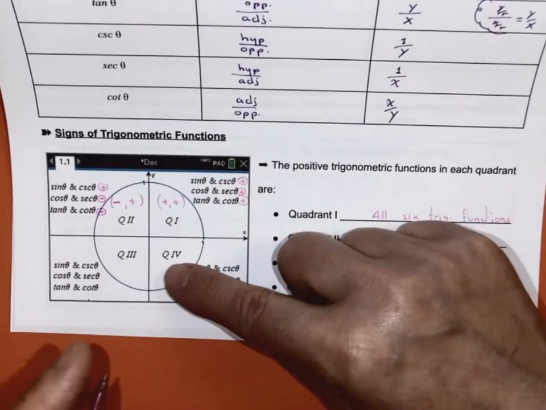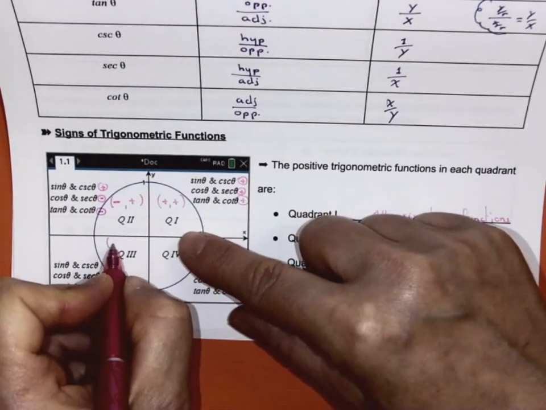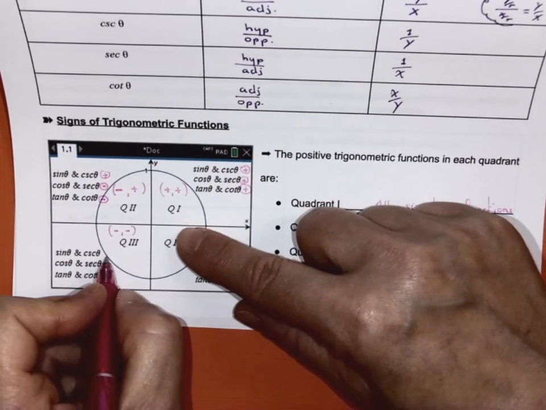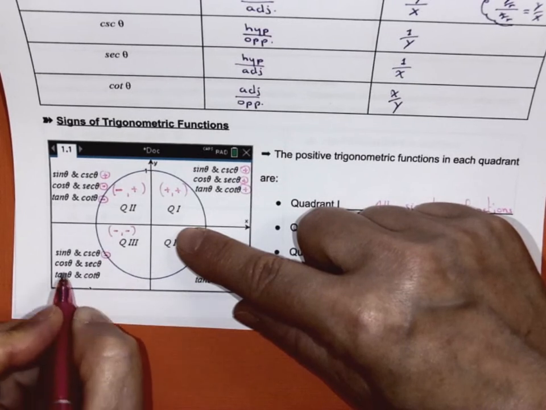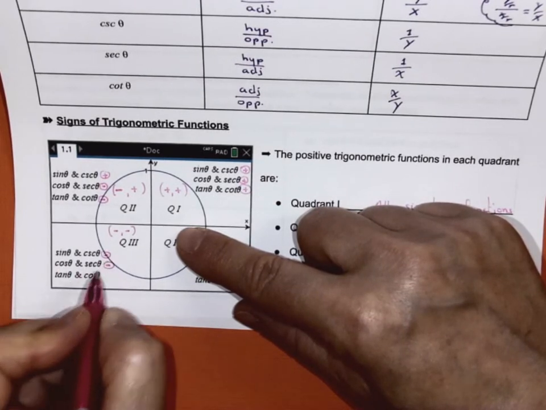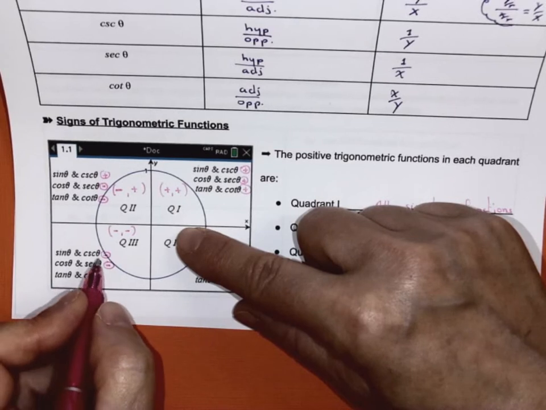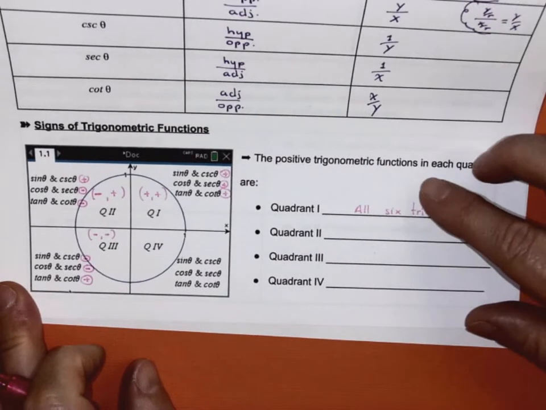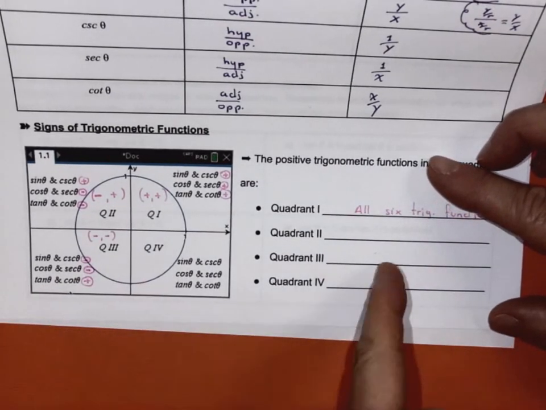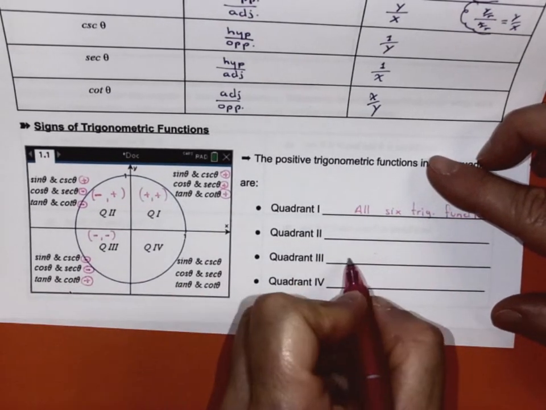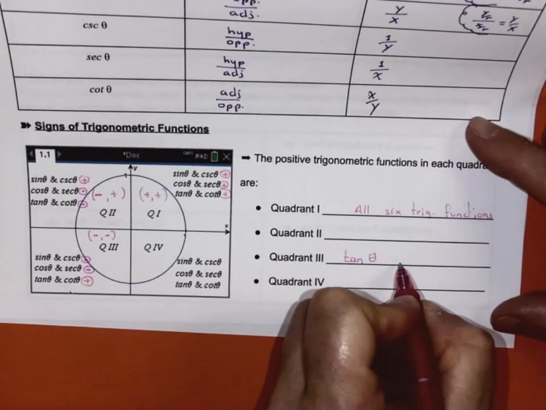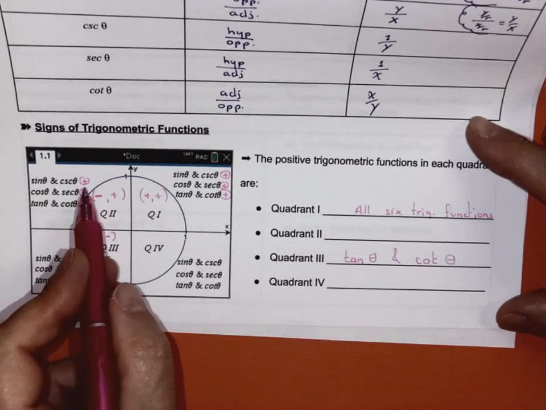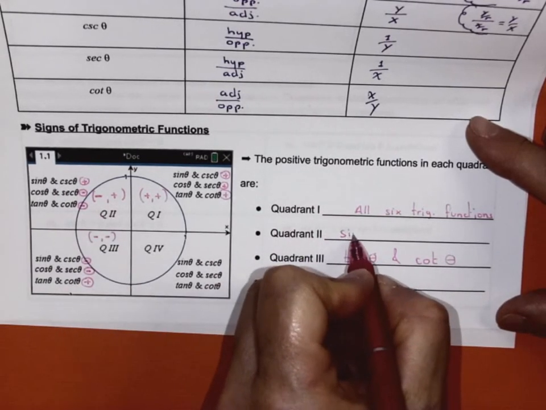In quadrant 3, all your ordered pairs will be negative, negative, right? All x is negative, all y negative. So here we're going to have the sine and its reciprocal negative, the cosine and its reciprocal negative, and tangent being sine over cosine, negative over negative becomes positive. So in quadrant 3, the ones that are positive will be your tangent theta and its reciprocal, right? And in quadrant 2, we said the ones that are positive will be your sine theta and its reciprocal,